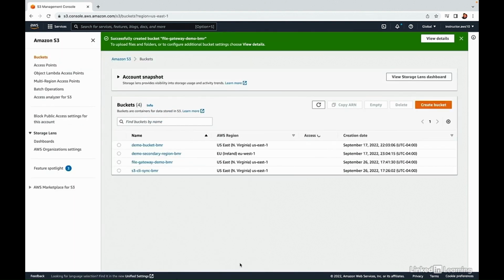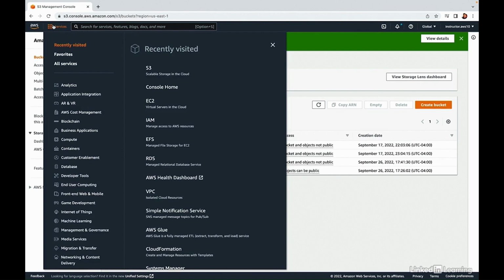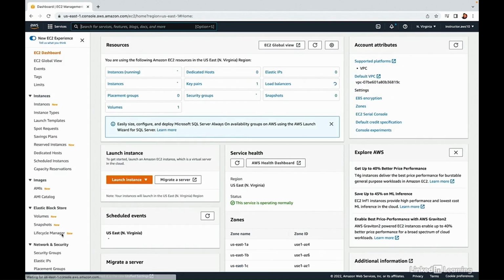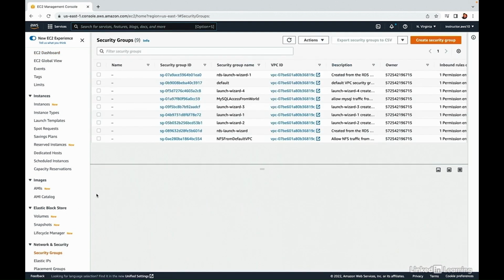Now we need to create a security group. Head over to the EC2 section, and along the left-hand side, go to Security Groups. There's a one-time step in the file gateway configuration where AWS needs to access the newly created gateway via port 80. Amazon actually says that as long as this traffic is allowed from my laptop, things will work, and it can be turned off after the gateway is initialized. For our demo purposes, we'll just allow port 80 from the world and remove this access during the teardown at the end. But if it were your production instance, you'd want to allow it only as long as is needed